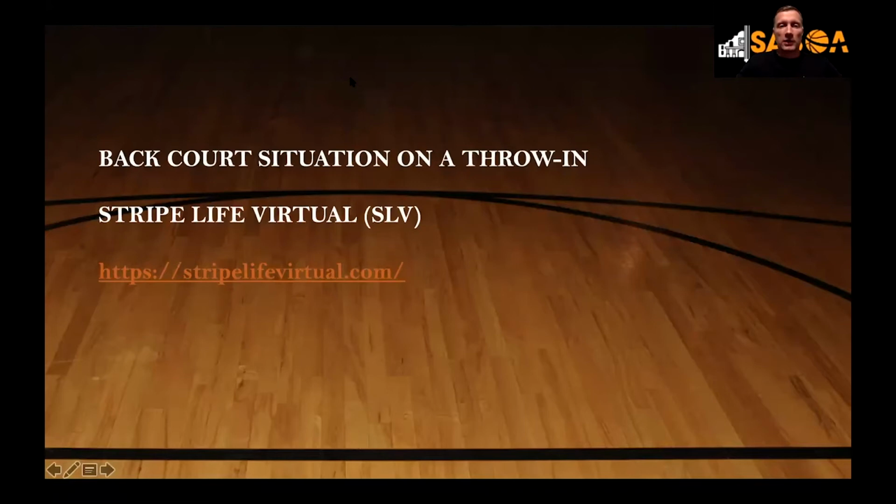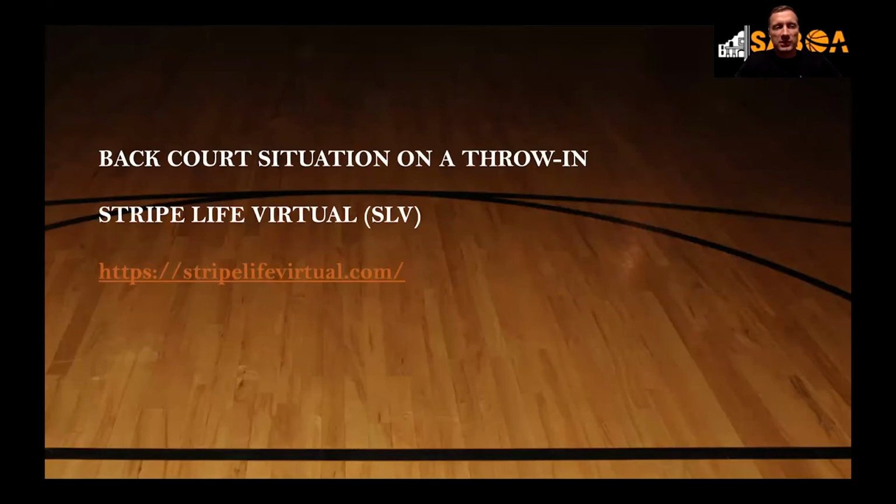Okay. All right. So backcourt situation. This is an interesting one. I didn't have time to write it down because I didn't know if we were going to fly through it, and we're flying through it. So the backcourt situation on a throw-in. This caused a nice little conversation we had for a few weeks. 993 is where we need to go, and we need to understand that there's an exception on a throw-in on backcourt situations. I'll probably add it to this slide, and then once it gets sent out, you can go to it.